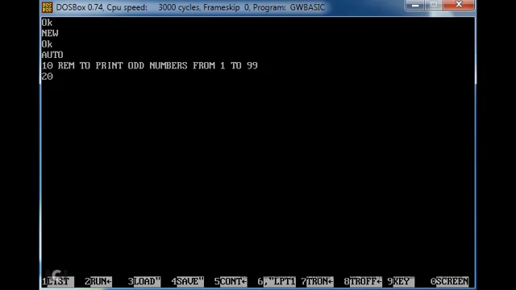Then 20, and this above command is not necessary. It is optional. If you want, you can write it, or if you don't want, that's okay.